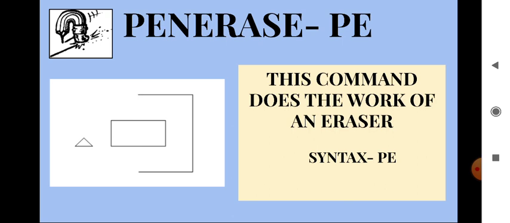As the name pen erase says, it does the work of an eraser. The PE command is used to rub or erase any portion of the drawing, and the syntax is PE. We should use PE for pen erase in Logo.